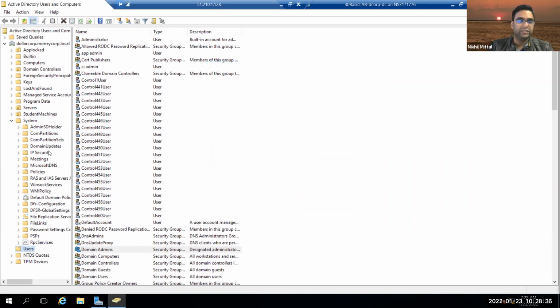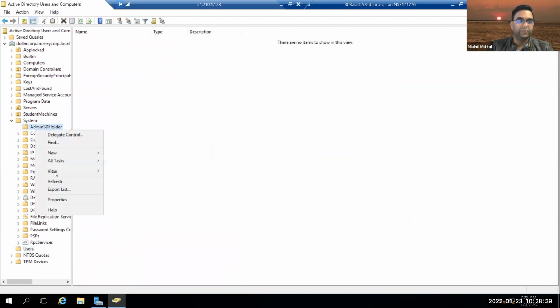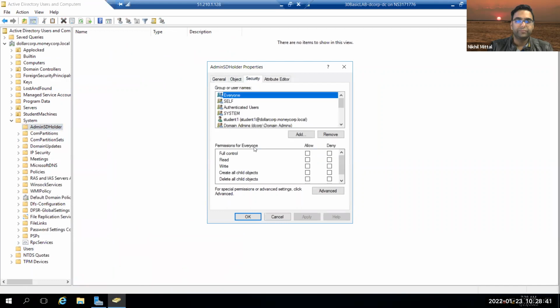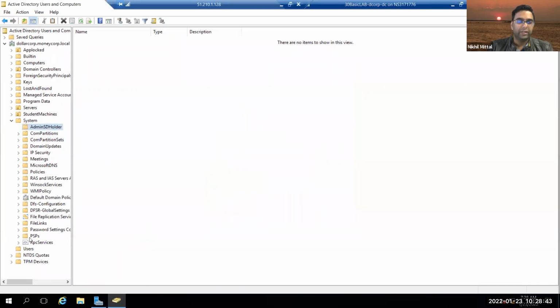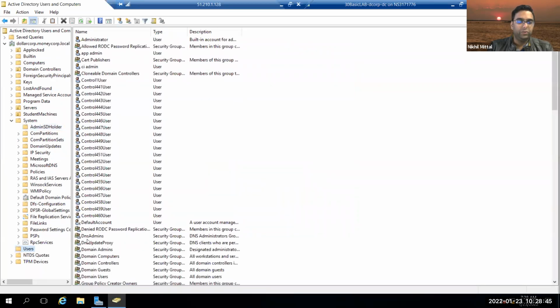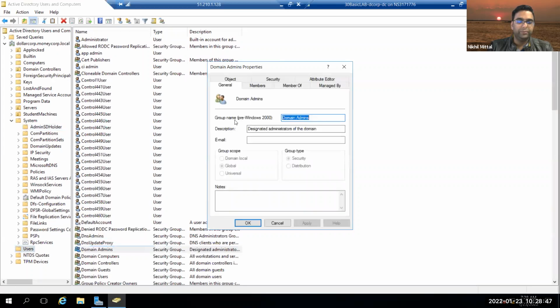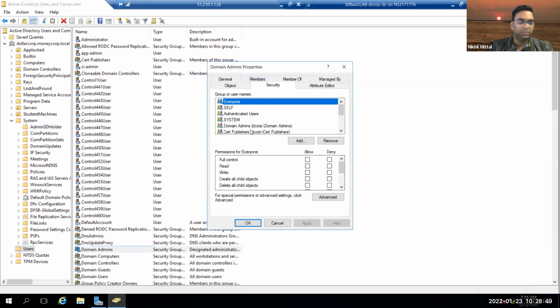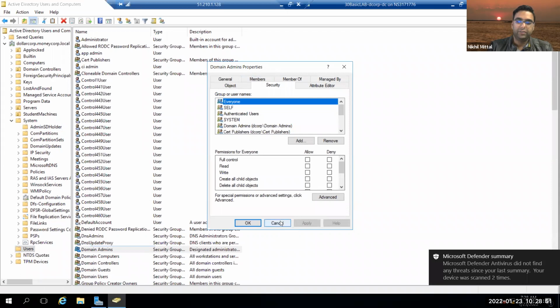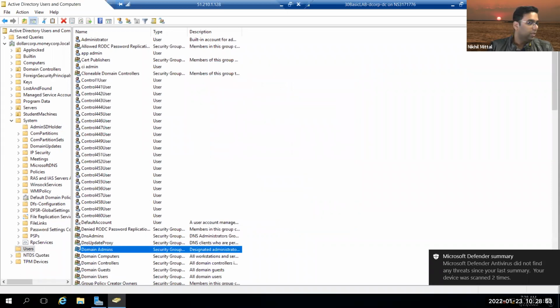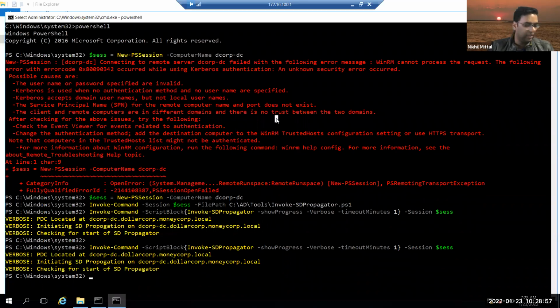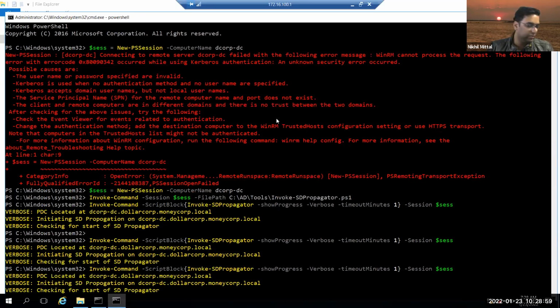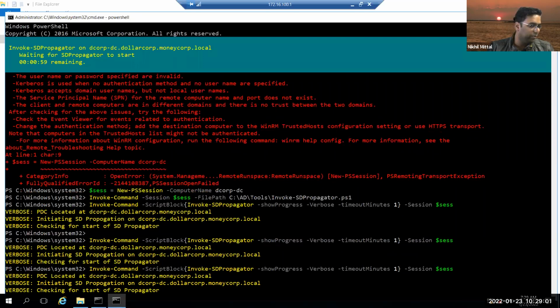So this is the change that we made for AdminSDHolder. Now, if we check the Domain Admins group and its ACL, student1 is not there yet. Now, if we wait for an hour, when SDProp runs,